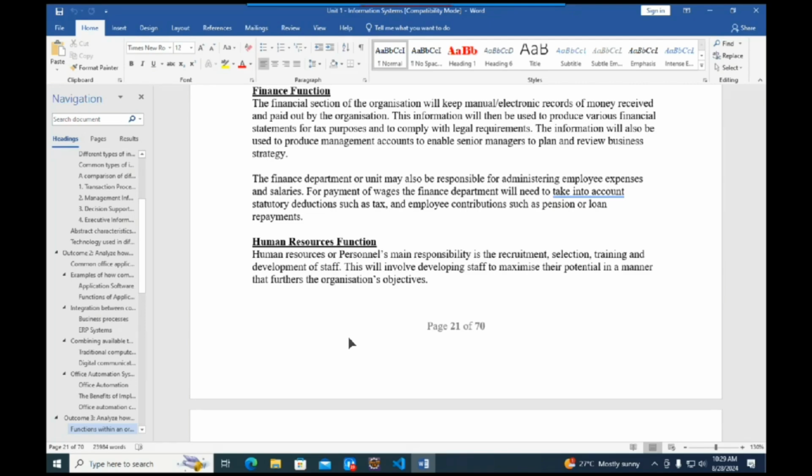Now, apart from using the information for legal requirements or legal confirmation, we can also use it to produce what we call the management accounts, to ensure that we have senior managers that are able to plan and also review the business strategy. So the finance unit, apart from all the other responsibilities that we have mentioned, is also administering employee expenses and even salaries. So when you are employed in an organization, it is the finance department that is going to settle your salaries. So payment of salaries,